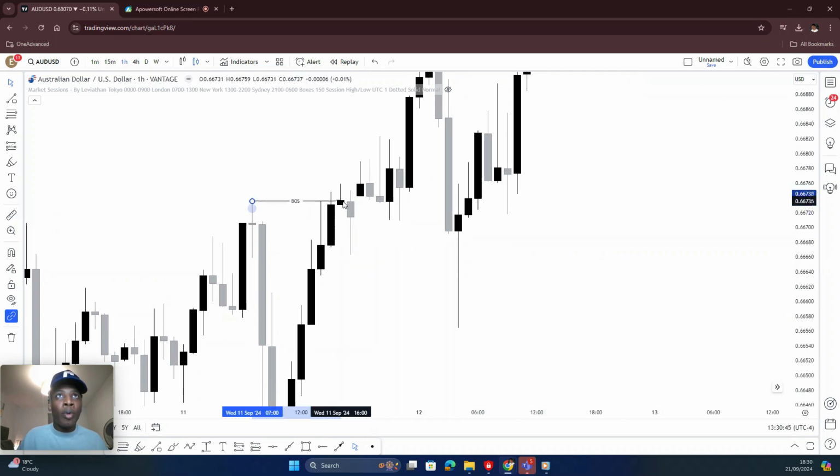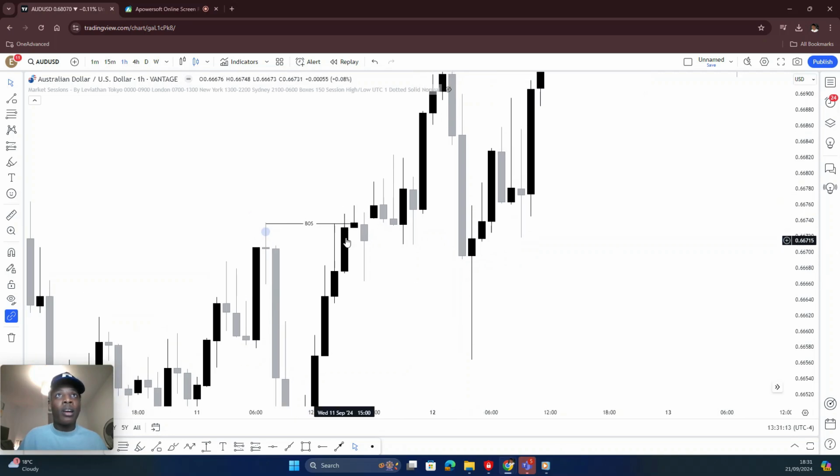if we get a weak break, we are not counting that as a valid break of structure. The body of the candle has to close above the previous higher high, or the previous lower low in a downtrend perspective. So always the body has to close above it, and that's going to indicate a valid break of structure to